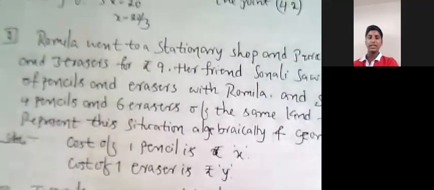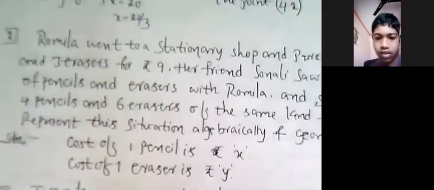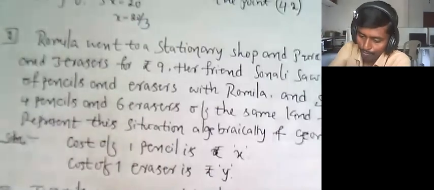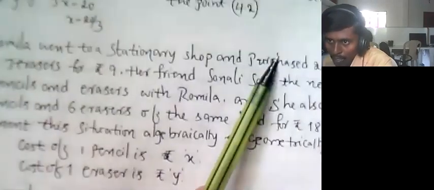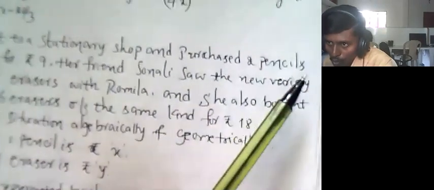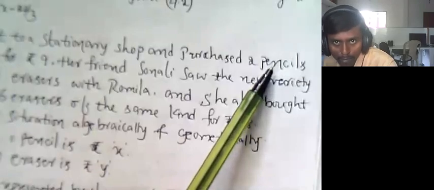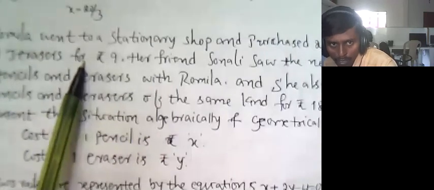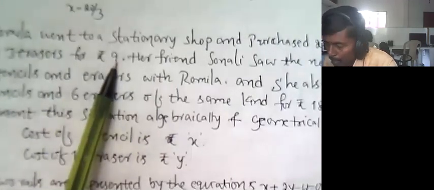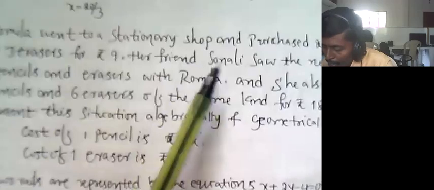Romila went to a stationery shop and purchased two pencils and three erasers for ₹9. Her friend Sonali